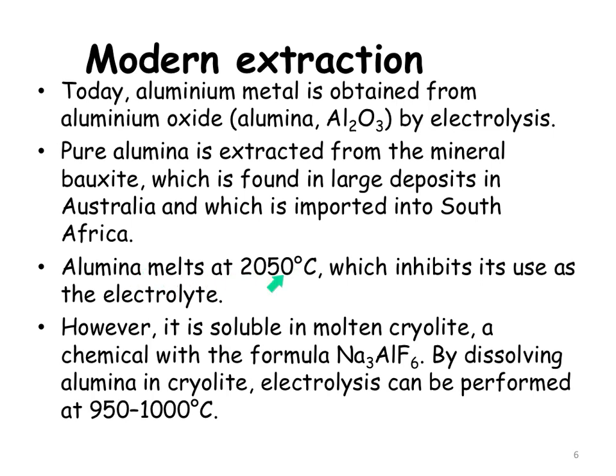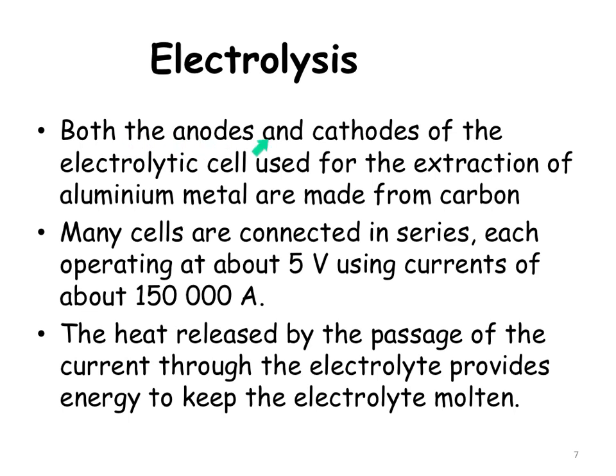So that's not helpful because it just costs too much money to get up to that temperature. But if you mix bauxite with this stuff over here, which is cryolite, it's sodium, aluminium, and fluorine, and then you mix it into the cryolite, you can get the melting point right down to 950 to 1000 degrees centigrade, which is half of that, which means half the energy is going to be required. What happens there is both the anodes and the cathodes are made of carbon. There are many cells, and they're connected in series, each operating at about 5 volts and about